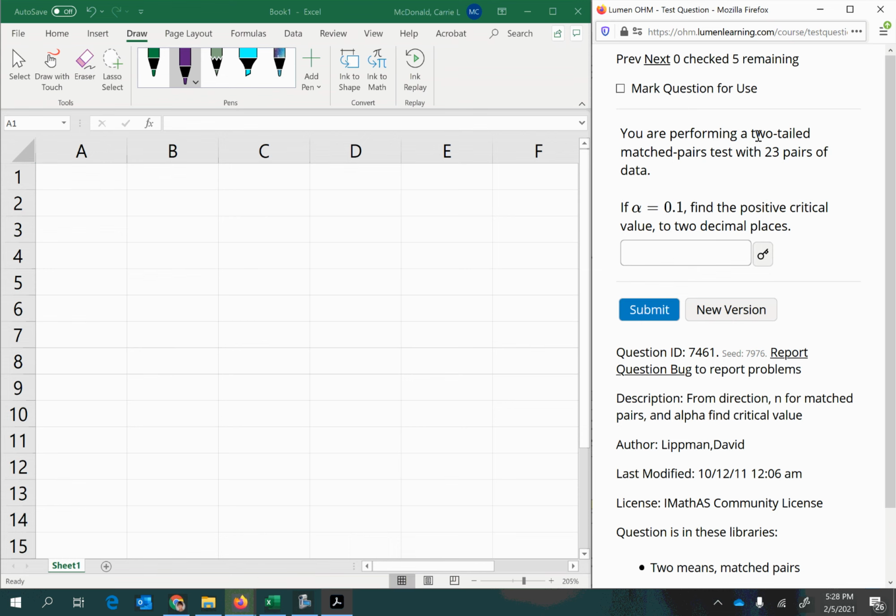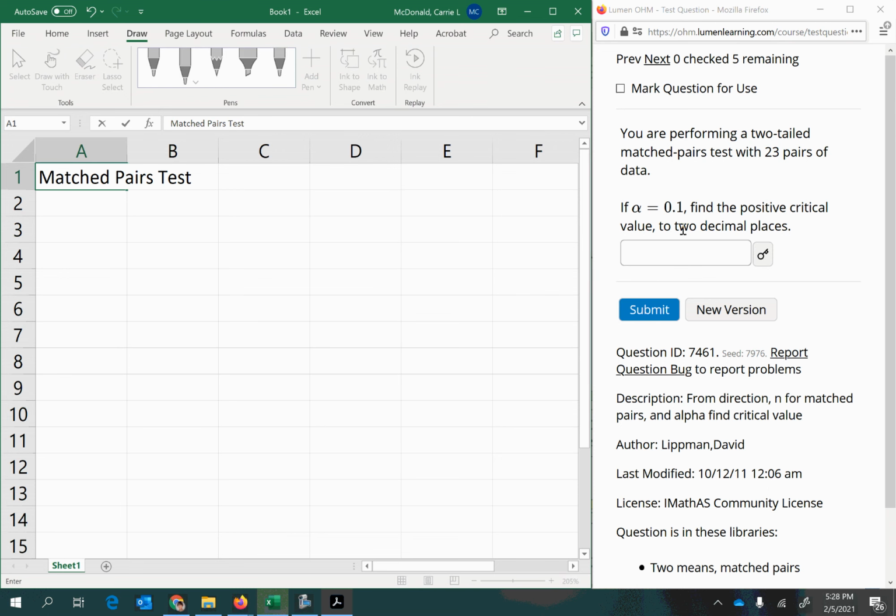You are performing a two-tailed matched pairs test with 23 pairs of data. If alpha equals 0.1, find the positive critical value to 2 decimal places. So what we just read is that we are performing a matched pairs test,